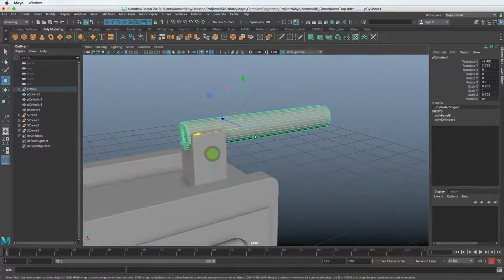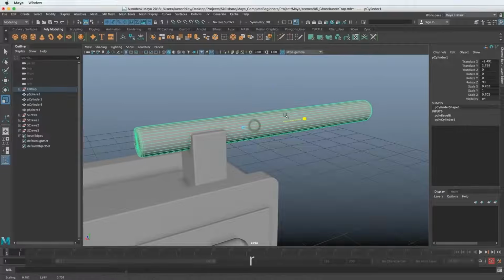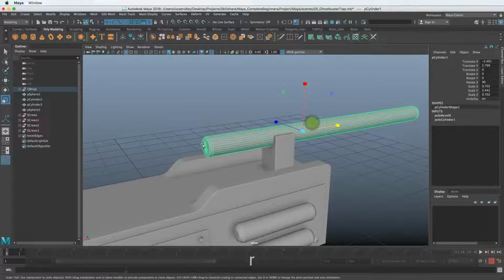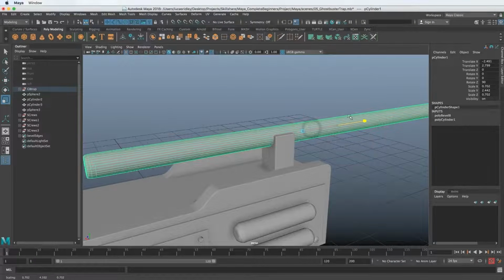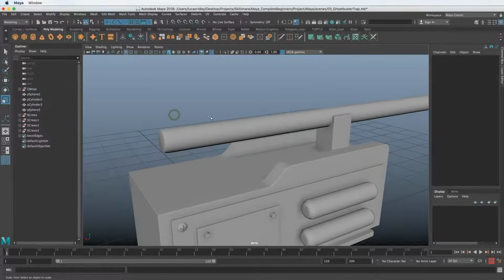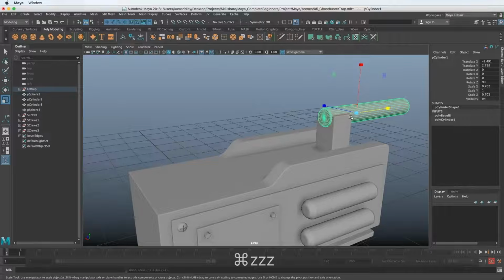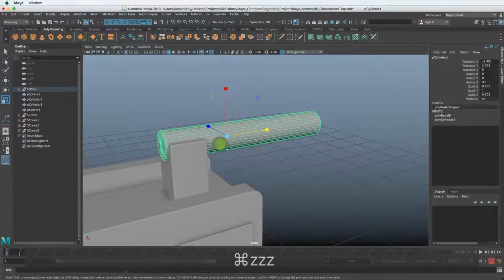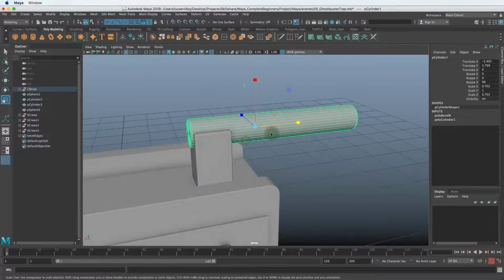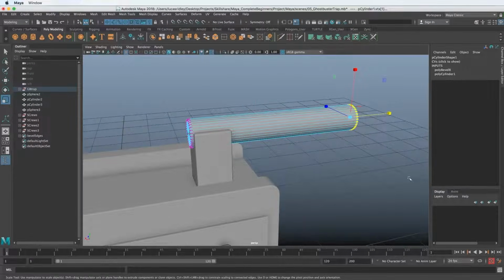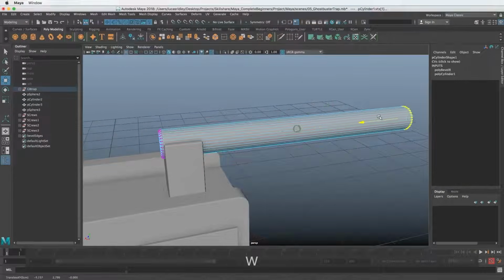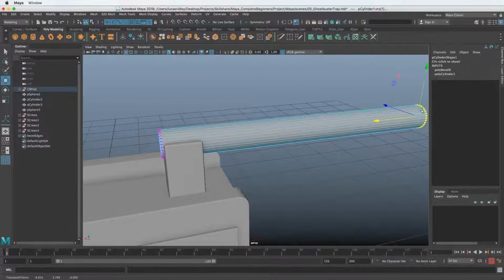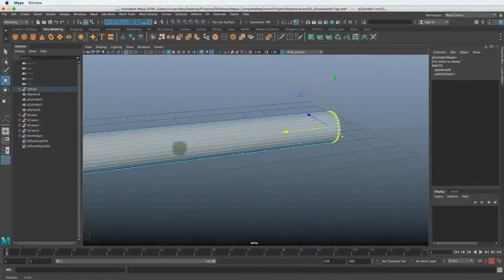And if I was to start to scale something that I've already beveled, the bevel itself is going to scale as well. You can see the distance of those edge loops are getting further and further apart. And it's messing with the bevel. And I don't want that, right? When I'm scaling something, I want the bevel to be the same. So if you're going to scale something, you probably need to go into vertex mode and move the vertices. Instead of scaling this out, you want to move them. So all the bevel is maintained.